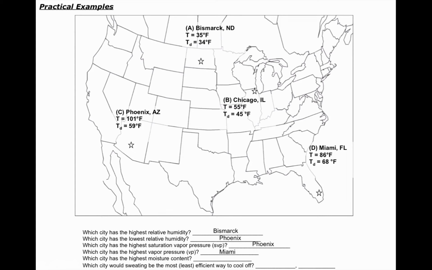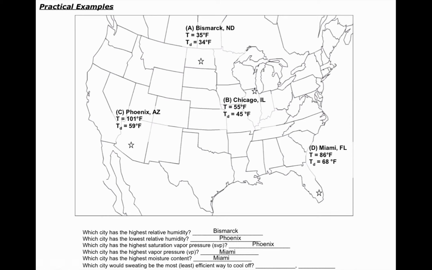As you're thinking about that, you may be tempted to think Bismarck, because we know it has the highest relative humidity. But remember, Bismarck has a very low temperature, which means it's cold. Cold atmospheres, cold regions like this, are very easy to saturate. That's because the atmosphere can't contain much moisture. If I ask you which city has the highest moisture content, don't go looking for a cold city with a high humidity. Look for the city with the highest dew point. Remember that the dew point temperature is the measure of the absolute amount of moisture in the atmosphere. So Miami also has the highest moisture content.